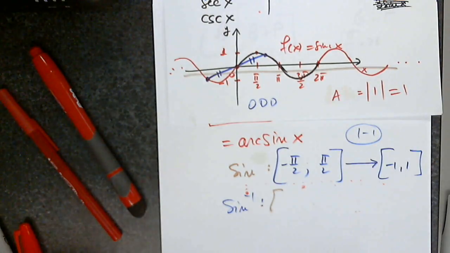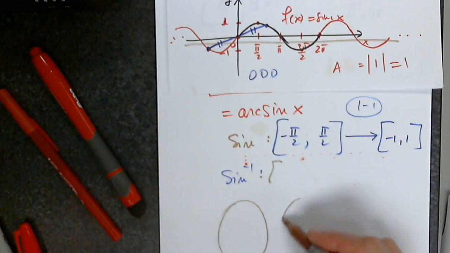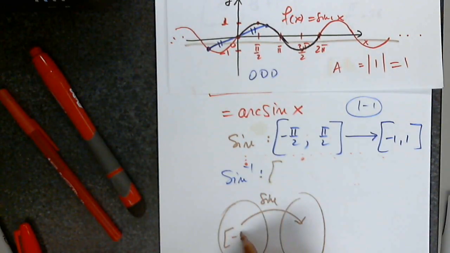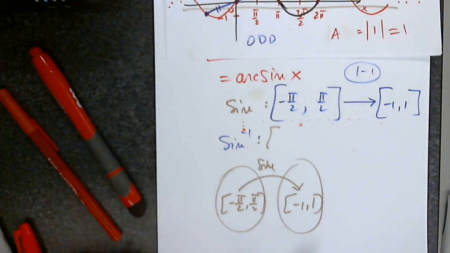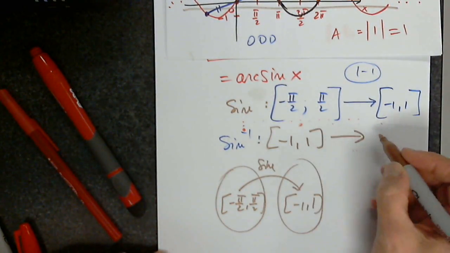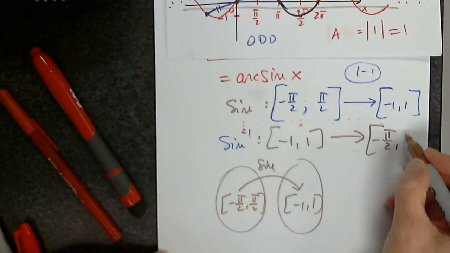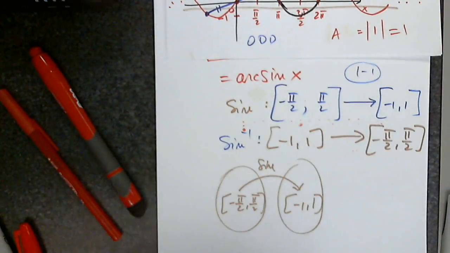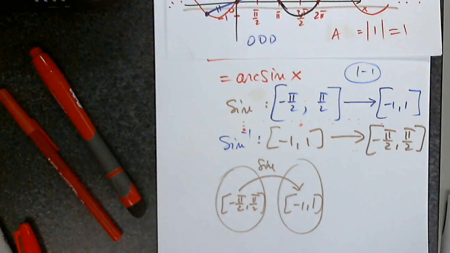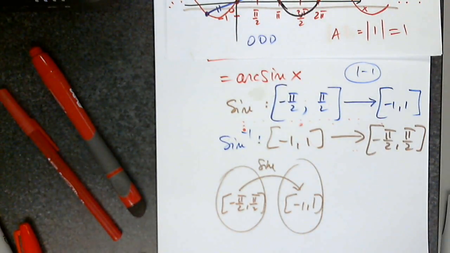Okay, so let's go back to this. Sine, negative pi over 2, pi over 2, negative 1, 1. Of course, that's why it's called the inverse function. We'll bring those numbers back to angles. So allow me to stop this because